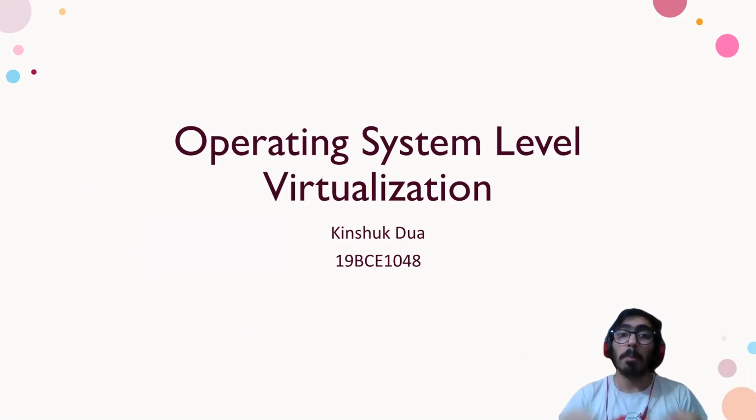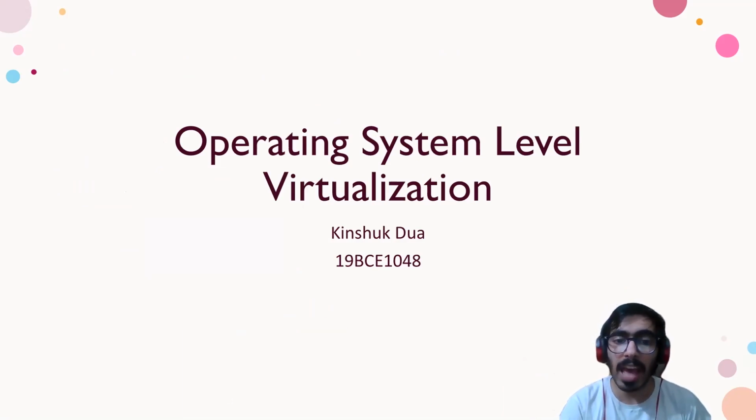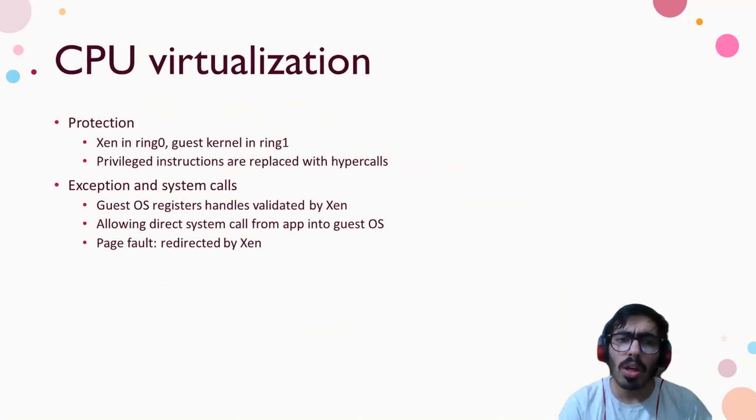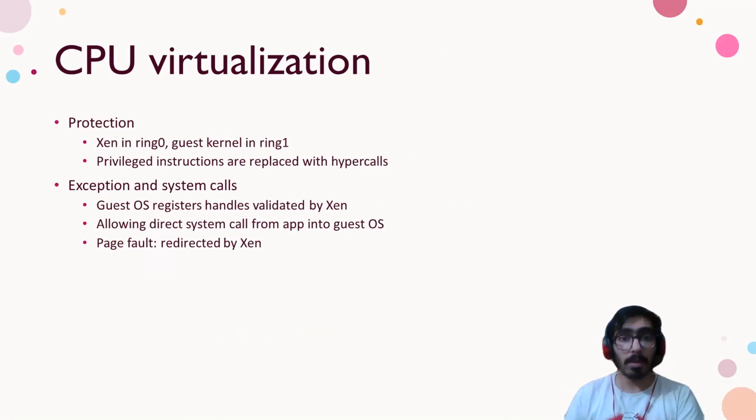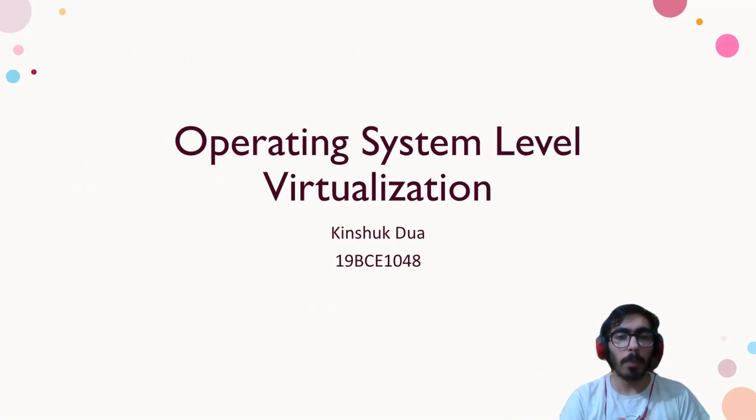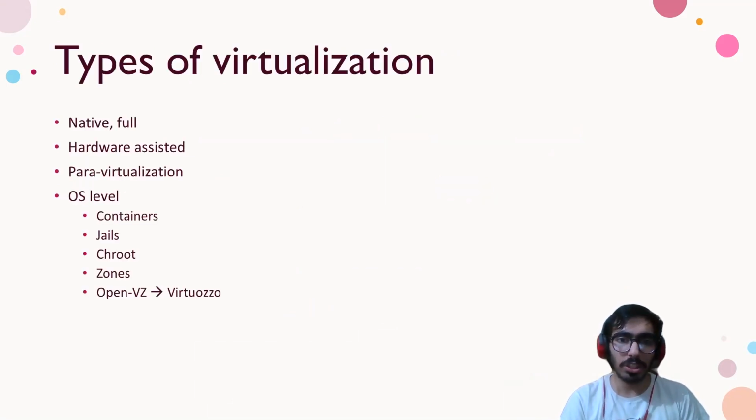Now we're going to get into the main gist of our topic, operating system level virtualization. As we saw back then, virtualization requires virtualizing everything. You have to virtualize the CPU, the memory, the input output, the display. But why do we need to? I already have a kernel. Can't I just use that? And this is how we talk about operating system level virtualization.